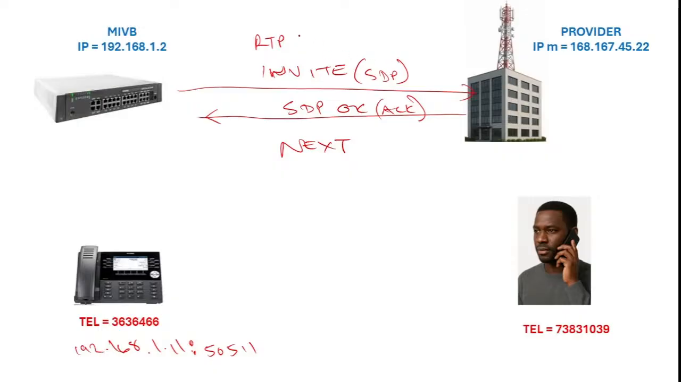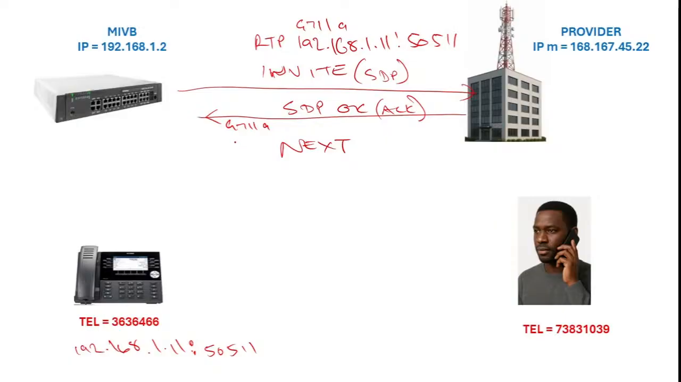This is what was said in here: use codec G711A and create a path to 192.168.1.11 on port 50511. And the provider responded to say, I am fine with using G711A, and let's form our RTP media path